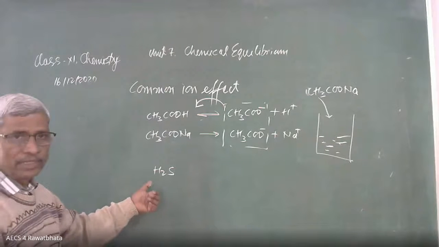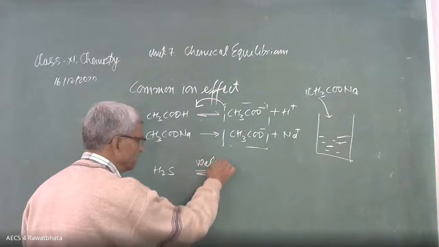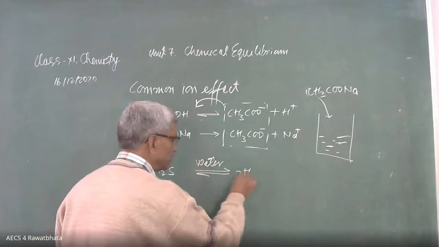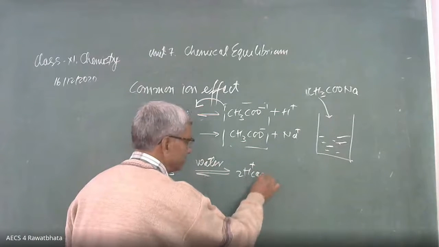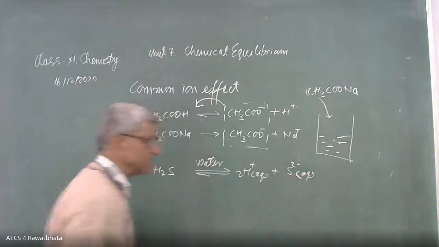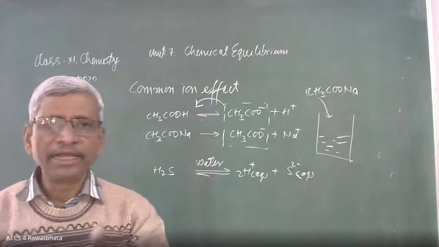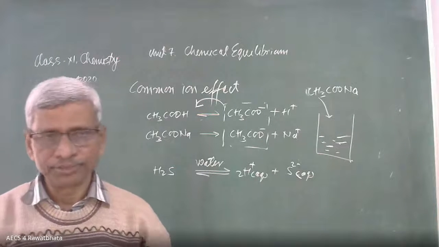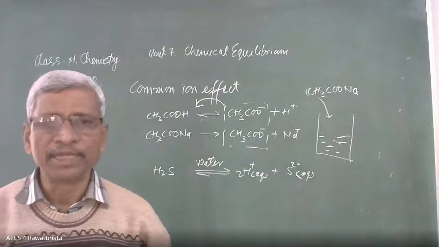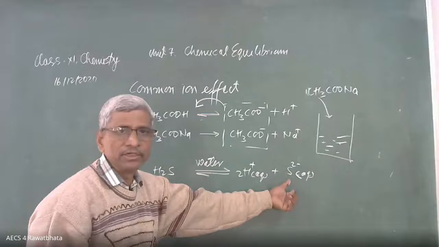This is water soluble. It dissolves in water to form, here is water, I'm not going to involve this in the reaction, that's why I'm writing water. It is going to form 2H positive aqueous plus S2 minus aqueous. Sulfide ion is formed in the solution. Two steps ionization. In first step, it forms H positive and HS negative bisulfide ion, which further ionizes to give H positive and S2 minus. I have written the final reaction, 2H positive plus S2 minus sulfide ion.